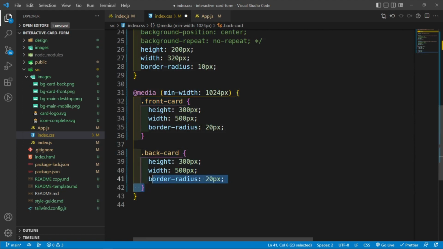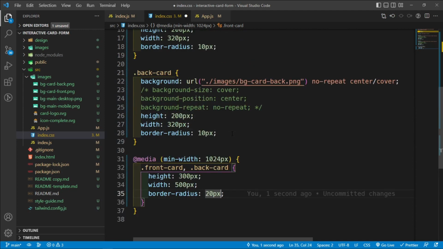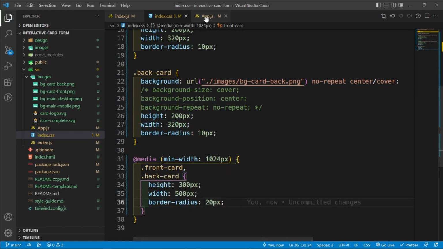Because these classes are the same, so the properties defined inside here are the same as these ones, instead of creating that, you can just add a comma and say .back-card, and that just means that these properties are going to apply to these classes that are outlined inside here. Then let me save this, and let's go inside our app.js,